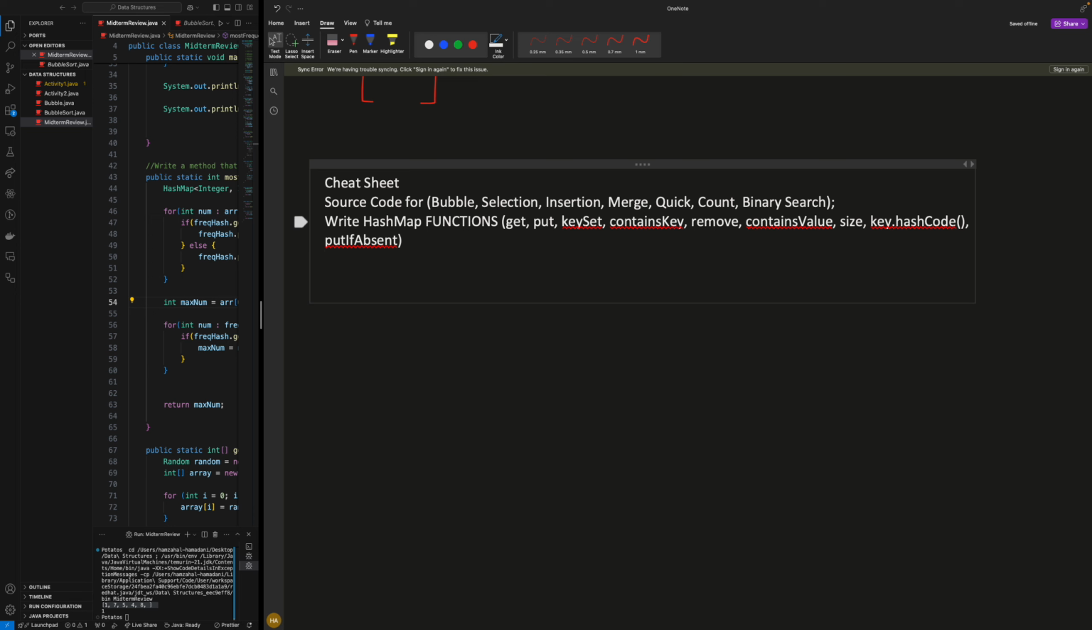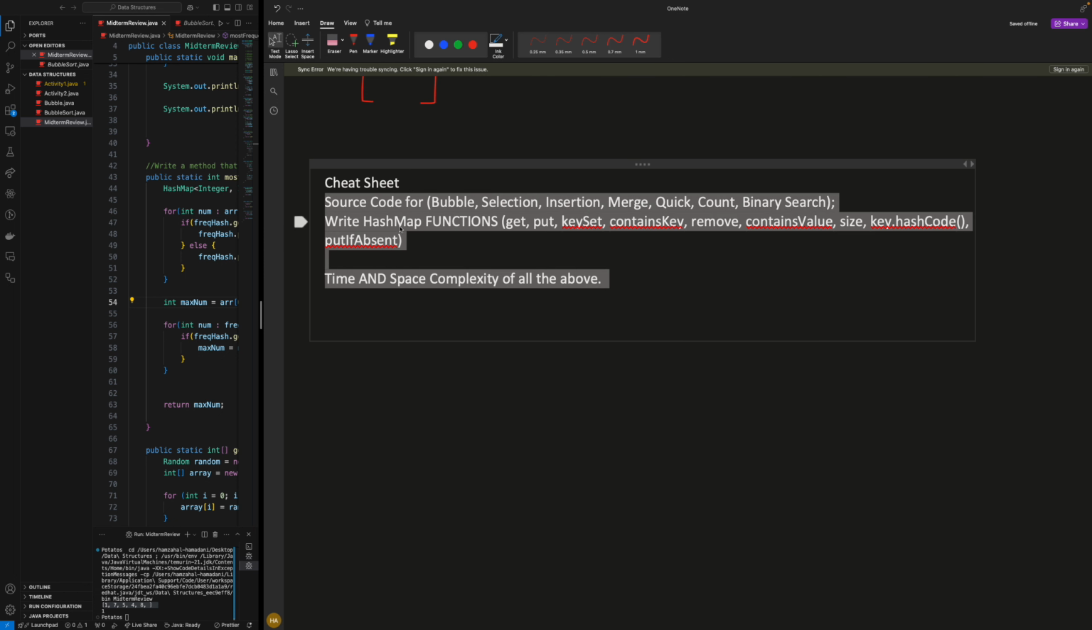Besides that, you want to write time and space complexity of all the above. All right, so that's what you'll need. If you watch all my lectures, you can take the notes all from there. Everything that's here is all in my lectures. What else would you need for your cheat sheet? Oh, no. So for this part,